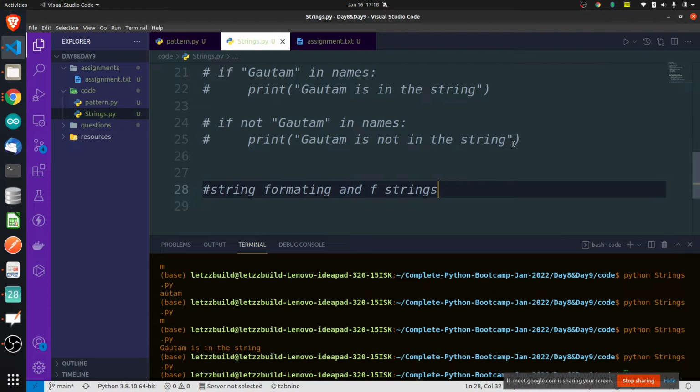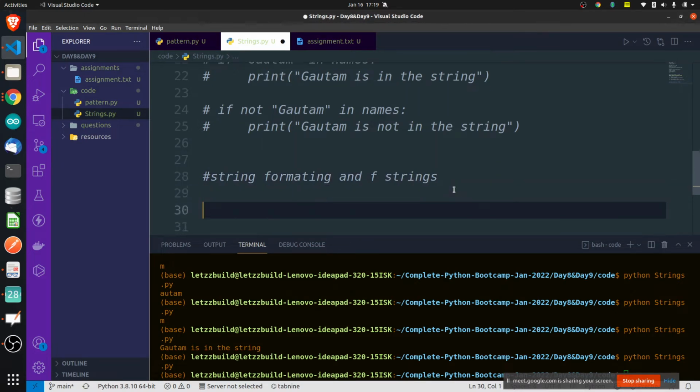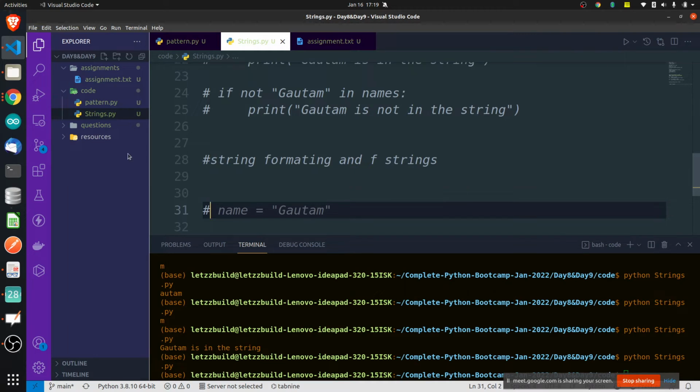Whatever you have learned, if you don't use it, that content will be lost from your brain. It will evaporate. String formatting and F strings, we already know how to do it, the dot format function, where you can pass all those things. We have already learned all this, so let's not go there again.